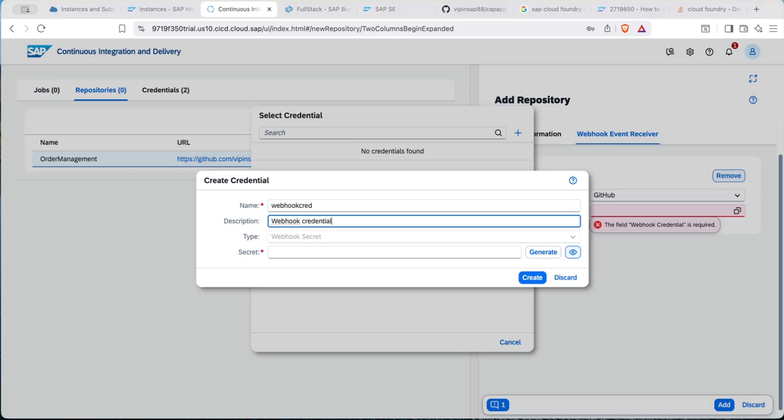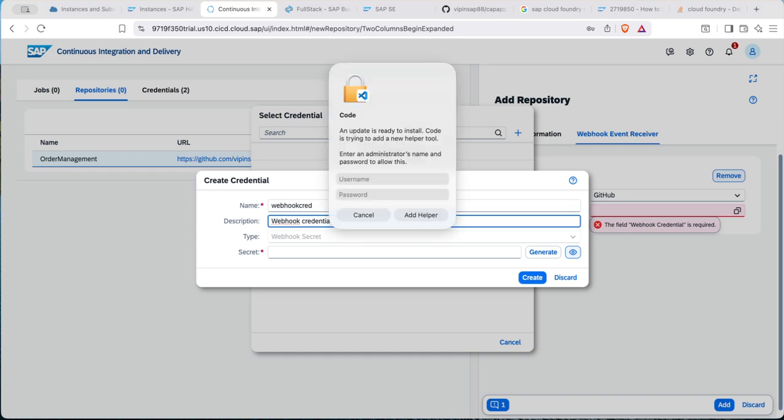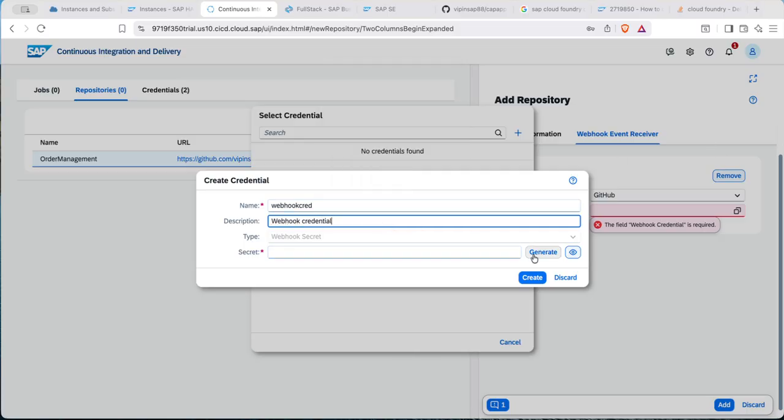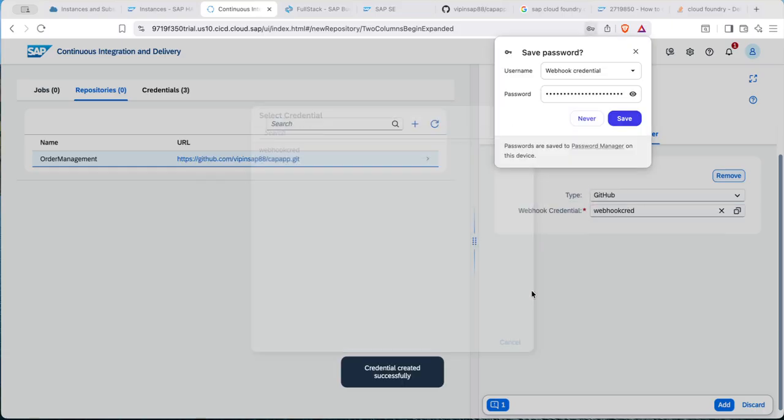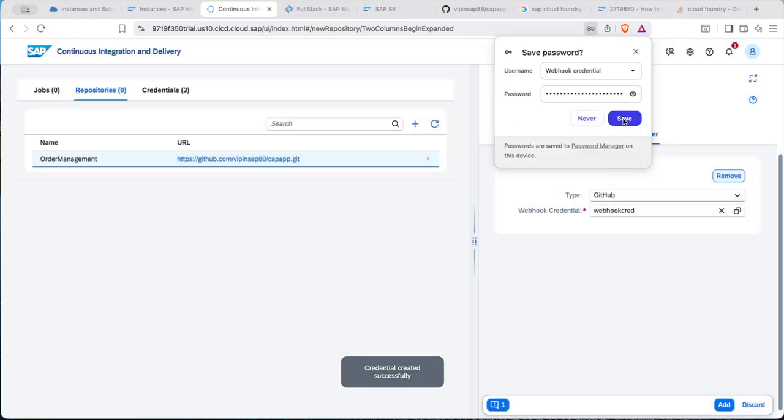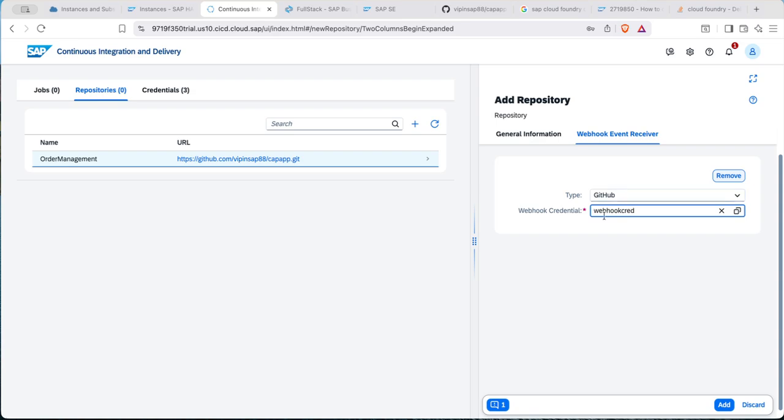Basically, the idea is that the moment you push your code to your Git, then it should trigger, right? So you need a webhook for that. So we'll assign this webhook in the Git. Then I can simply generate this. Let me copy. Let me again keep it somewhere in Text Edit. So this is my webhook credential. I have it handy over here. Then let's just create. Let me save here also. So we have attached the webhook also. And then if I click on add,